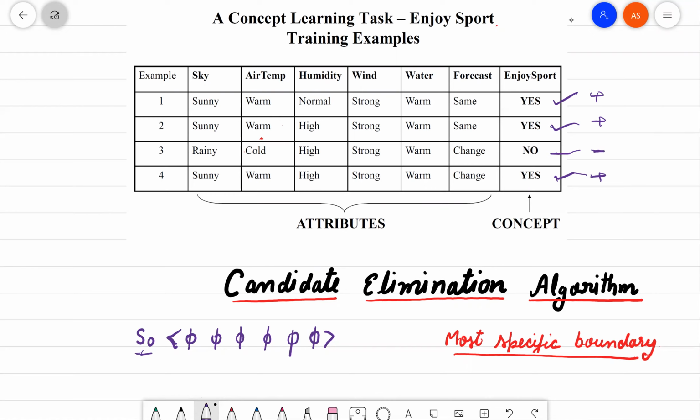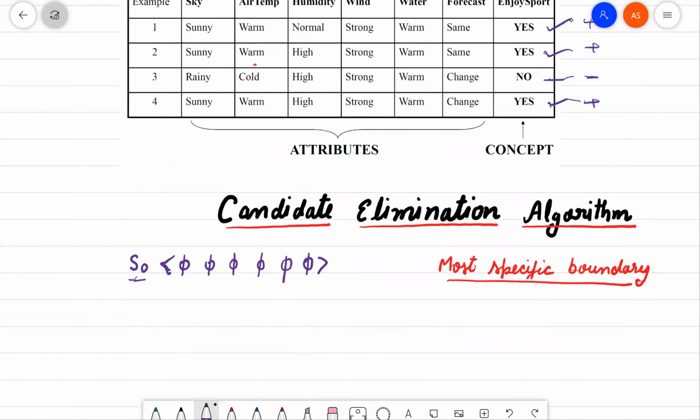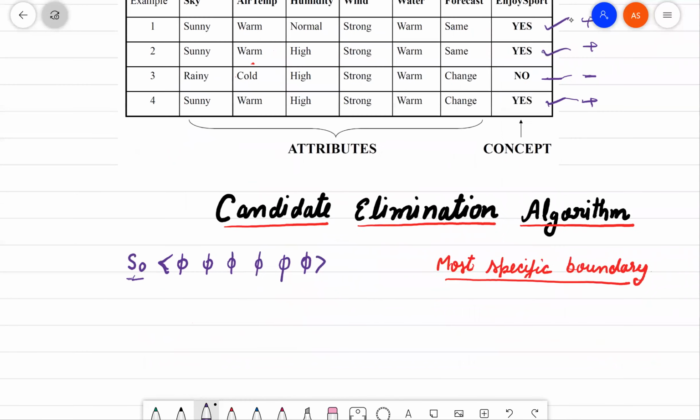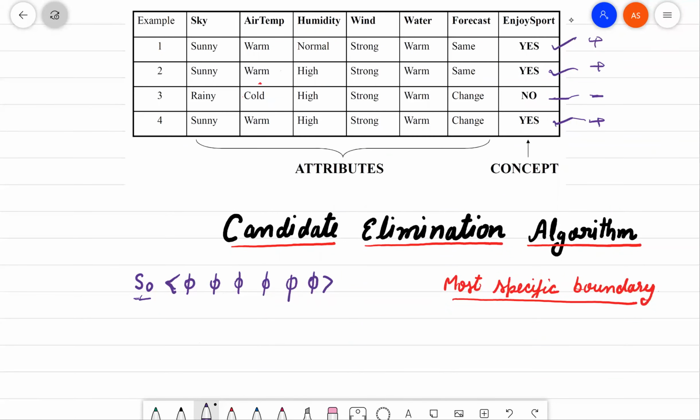So for positive examples, the same procedure will be followed in this candidate elimination algorithm as in the FindS algorithm, no change. Here there are 6 attributes: sky, temperature, humidity, wind, water, and forecast. So we have written 6 phi symbols